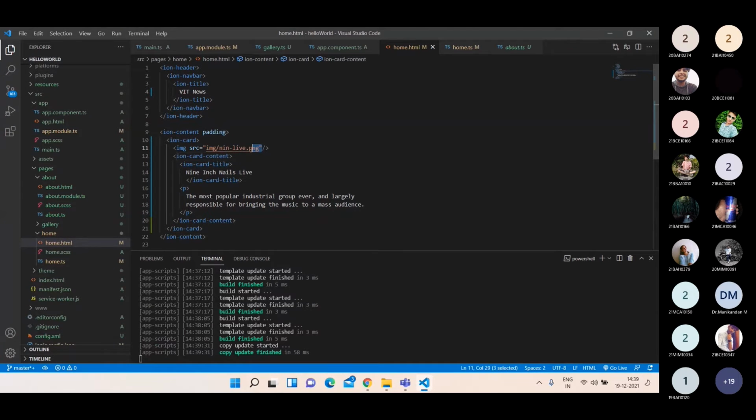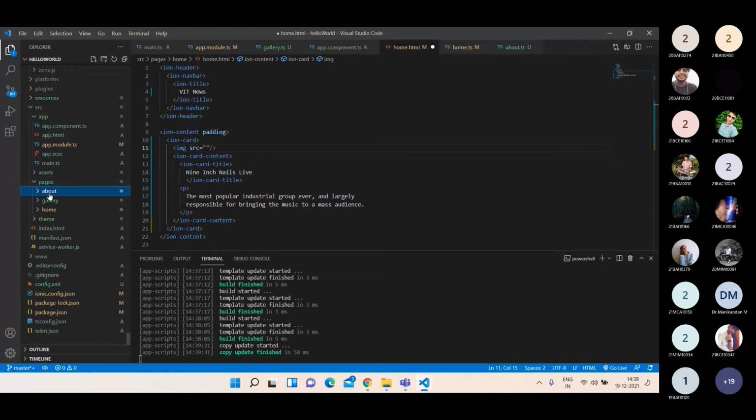So I'm going to remove this existing path. So how to set the path? First, we are in this home folder. So we should come out of this home folder. Then we should come out of the pages folder. Then we should enter into the assets folder. And then we should enter into the images folder. And then you can find this MSD, right? Yes, sir. First, how to come out of a folder? Dot dot slash. Very good. Again, dot dot slash. Now we can get into assets, images, and MSD.